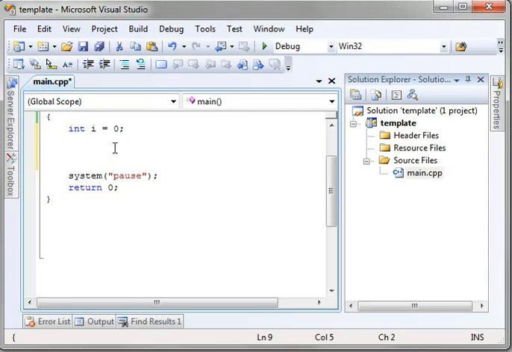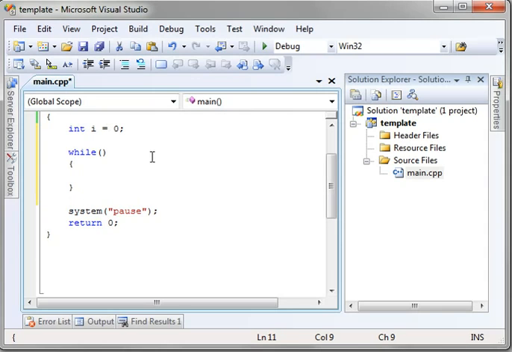You see, we already have a variable called i, which is set to 0, and we're going to say while, parentheses, code block. You probably already guessed what this does. You have a while and then an expression we're evaluating, so we'll say while i is less than 4,